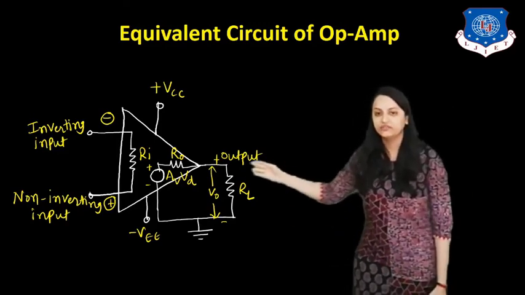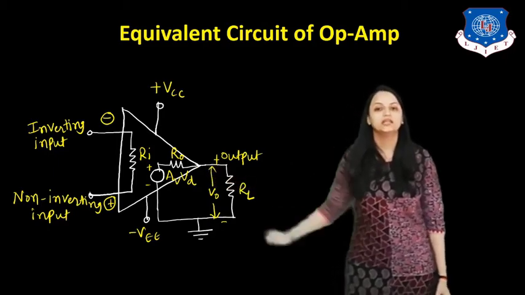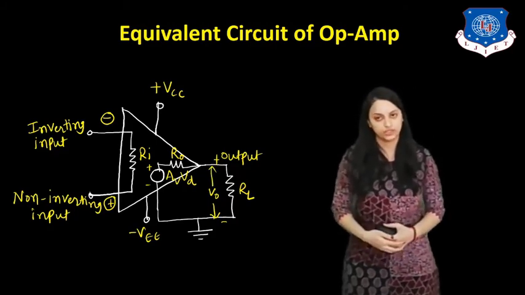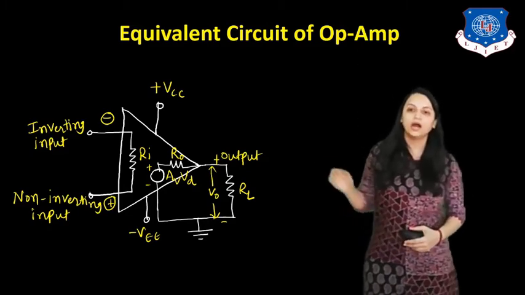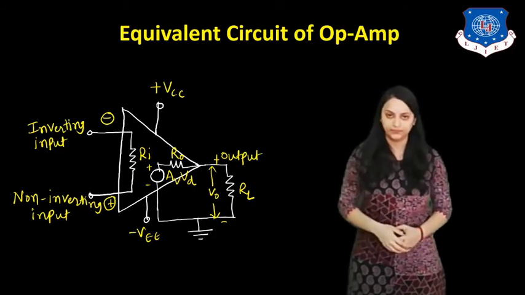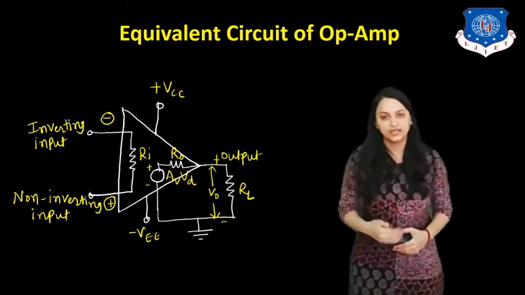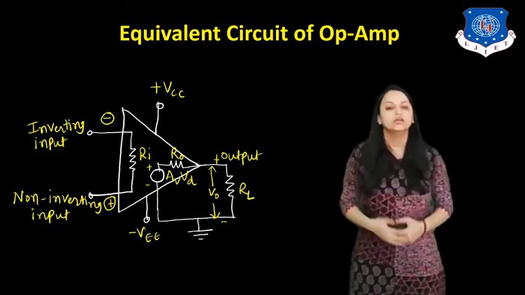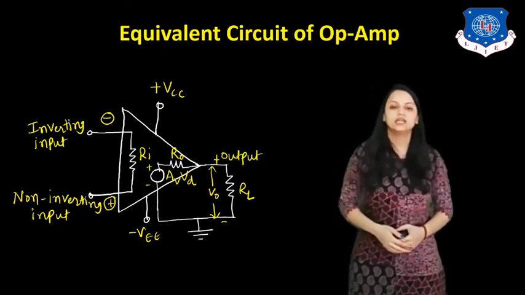Okay. Here A_B V_D, that is this one, indicates the independent supply source, and that is A is the voltage gain and V_D is the differential voltage. So A V_D is the voltage source. Okay. And R_I and R_O are the input resistance and output resistance respectively. Here in the op-amp case, input resistance should be ideally infinite and R_O, that is output resistance, should be ideally 0. We will see the different ideal characteristics values for AC and DC parameters.